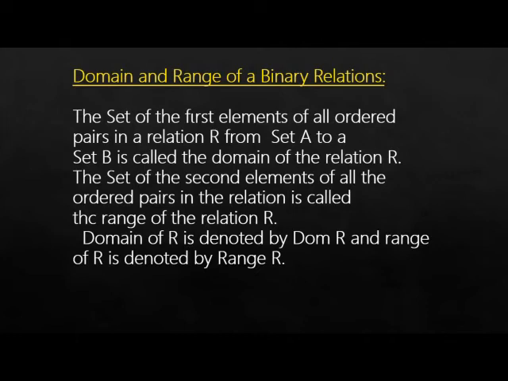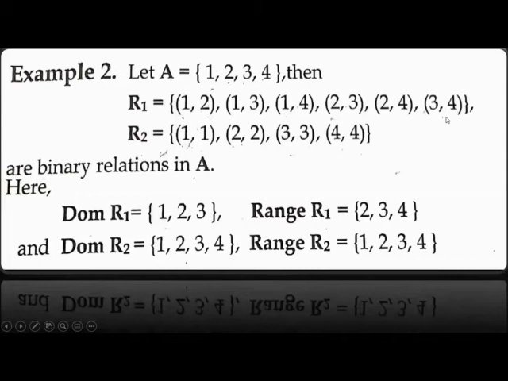What does it mean? It means that whenever we have completed with the relations, first we have found out the Cartesian product, then we have found out the relations, and now we are coming towards the domain and range of the relations. How can we find domain and range? Here are some examples. For example, there is a set A: 1, 2, 3, 4, and the relations are also provided to you, which are relations A to A. So relation 1 is (1,2), (1,3), (1,4), (2,3), (2,4), (3,4). This is relation number 1, and relation number 2 is (1,1), (2,2), (3,3) and (3,4). What do you have to find? You have to find the domain and the range.